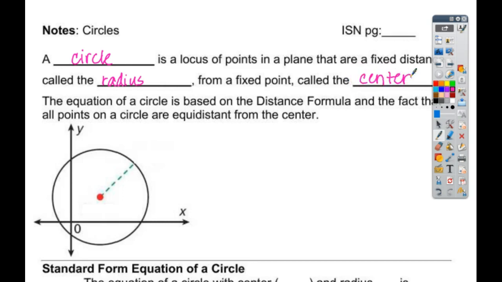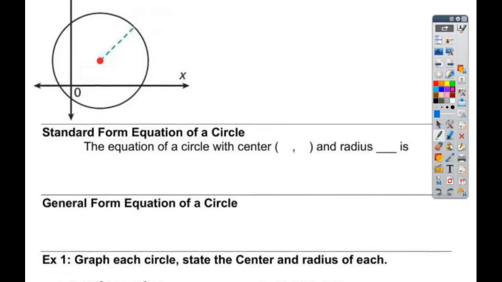All y'all. Okay. A circle is a set of points that's a fixed distance, called the radius, from the center. The equation of the circle is based on the distance formula, which we can derive, but we are not going to do at this time. You're welcome. So what we are going to do, though, is the standard form of the circle, which we've already done, right? We know that the circle has h and k for the center and a radius r. So standard form of the circle